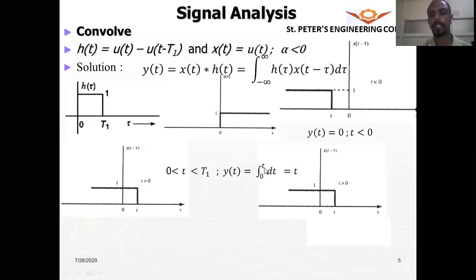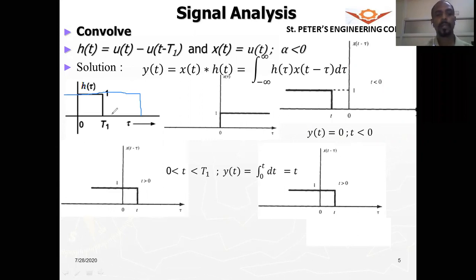So therefore, in this region, the lower limit, let us say, I will draw here. Let me say this x of t minus tau signal is starting here. Sorry, it's supposed to be just a straight line here. Let me redraw that. Okay, let us say it is starting here and goes on up to minus infinity, that is our signal. So we have pulled that signal till here. So then where is the overlap? The overlap is still here only.